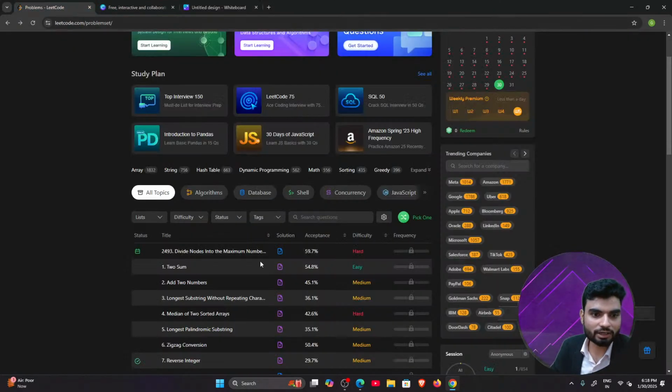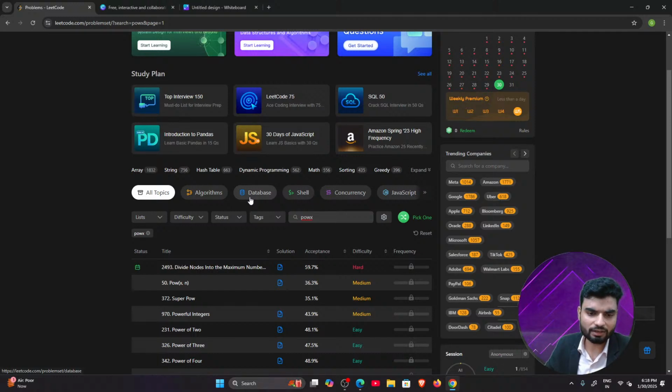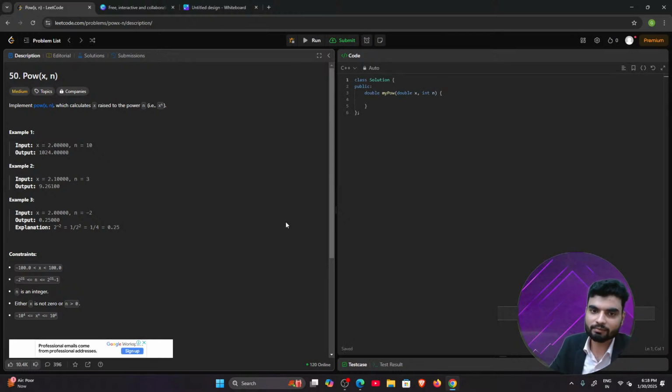I'll go back to LeetCode, and here is the question. Don't think this is super easy. It's a medium one, and trust me, there are a lot of things you'll learn in this question itself. The success rate of this problem is 36.3%, which means very less. If we read the problem normally, we won't be able to directly solve it. There is something hidden that we need to figure out while solving it.